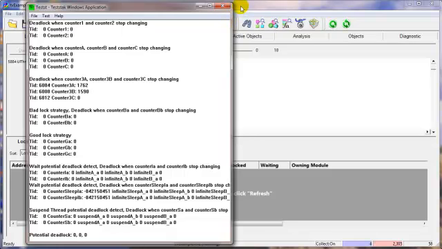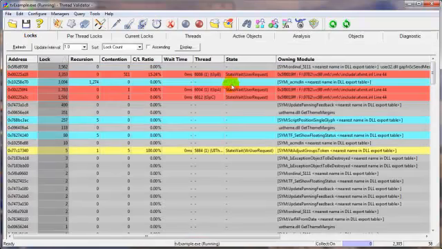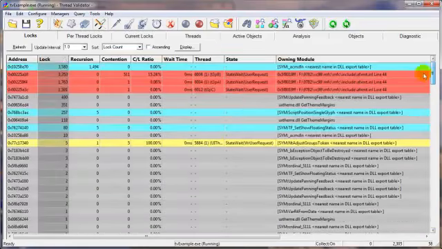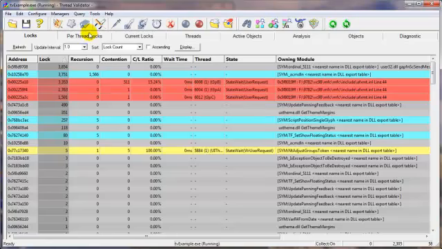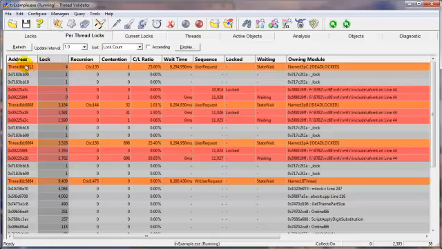In the real world this would be a disaster. In our example application that's fine, it's meant to do that. We'll go back to the Locks tab, we can see all the different critical sections and mutexes and whatever that are in the program. Lots and lots of them. If we want a slightly more specific view onto that, we click on Per Threads and it shows you the thread ID and then the data, the particular objects that are locked by that thread, or not even locked, but